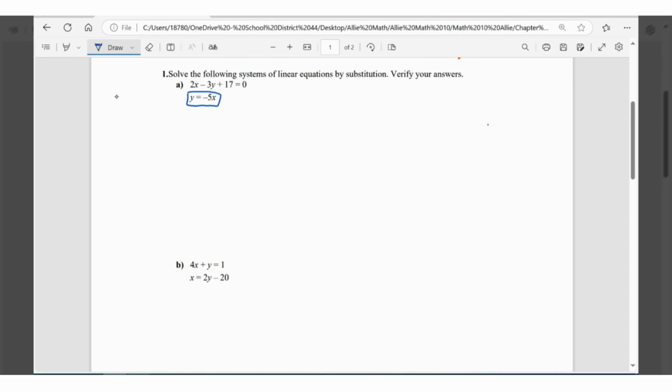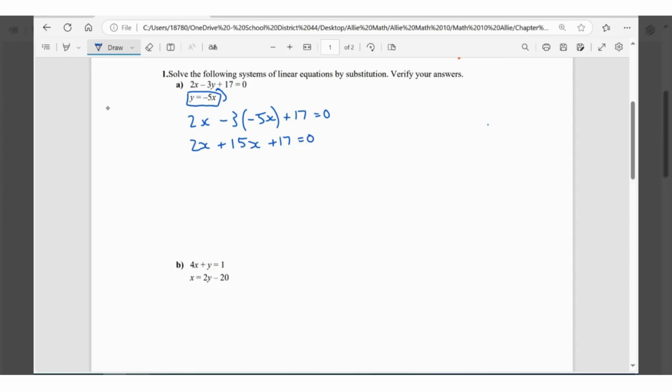It's got no coefficient, so that's wonderful. So we're going to substitute this information in for our y. So we're going to have 2x subtract 3 times negative 5x, don't forget the x part, plus 17 equals 0. So now we're going to use this information to solve for x. So let's do 2x. Negative 3 times negative 5x is going to give us positive 15x plus 17